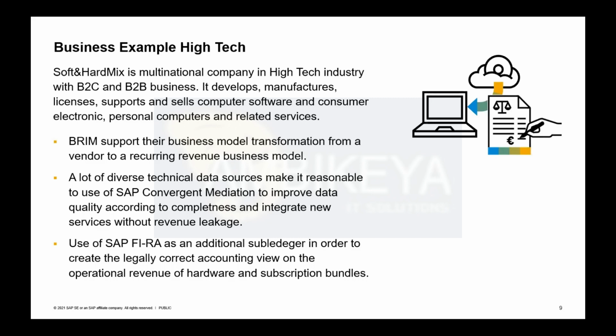That means the customer, from the operational view, seems to buy the hardware for a very low price, but behind that we have the legal problem that it's not correct, according to the revenue view, to say the hardware has a worth of 10 euros. We have to reorganize these prices according to the revenue view. And that means we have to use the additional subledger revenue accounting and recognition for these